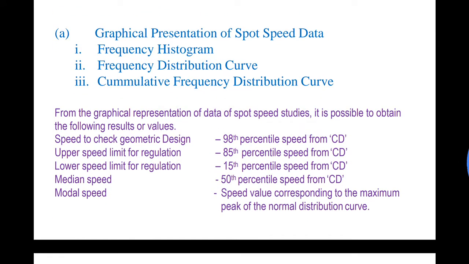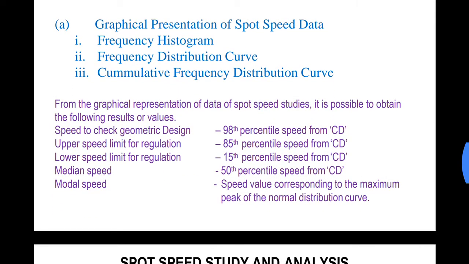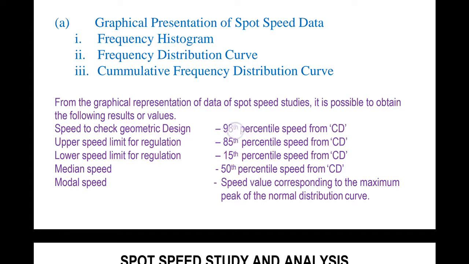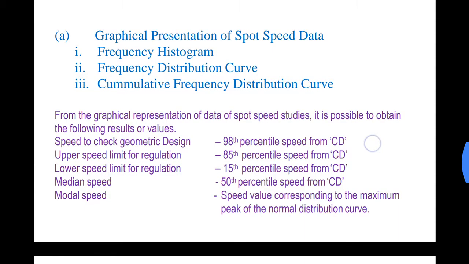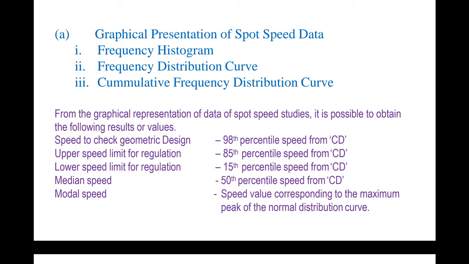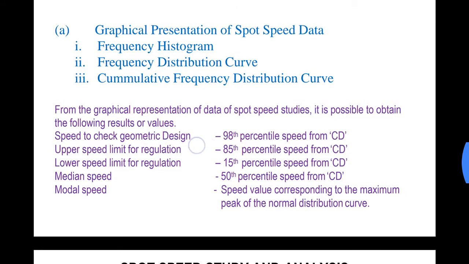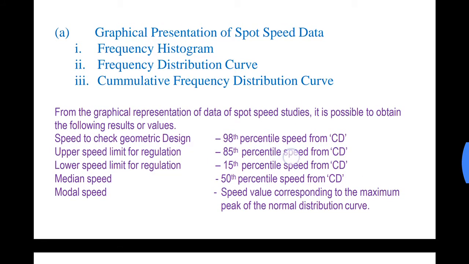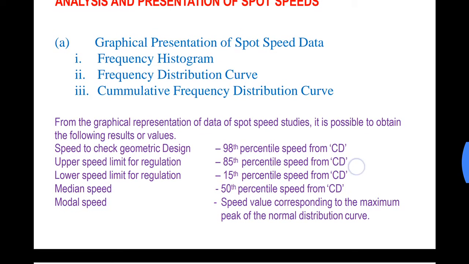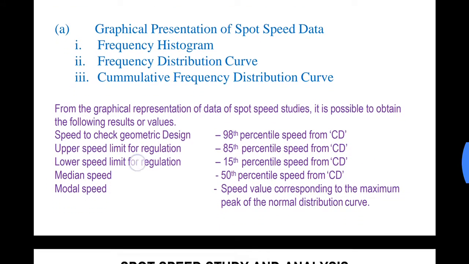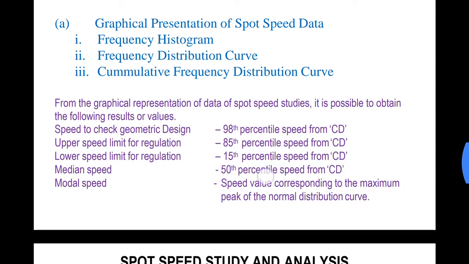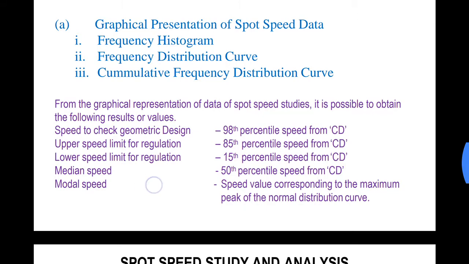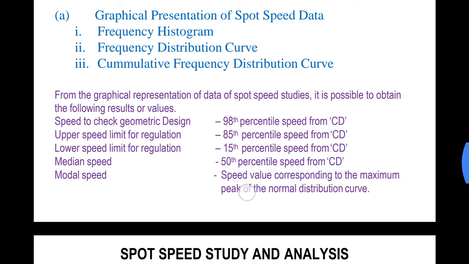From the graphs we can obtain: speed to check the geometric design, that is the 98th percentile speed, from the cumulative distribution curve; upper speed limit for regulation, the 85th percentile speed, also from the cumulative distribution curve; lower speed limit for regulation, the 15th percentile speed; median speed, the 50th percentile speed; and modal speed, the value corresponding to the maximum peak of the